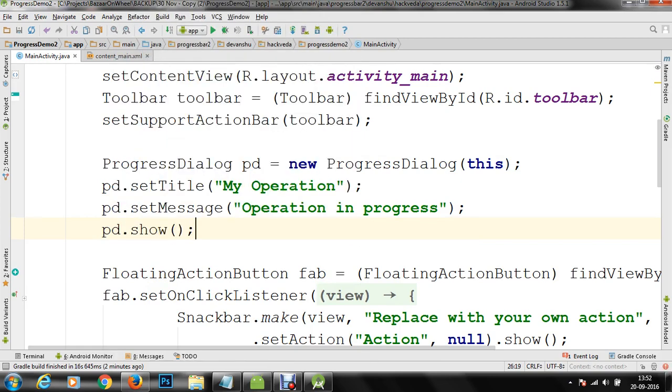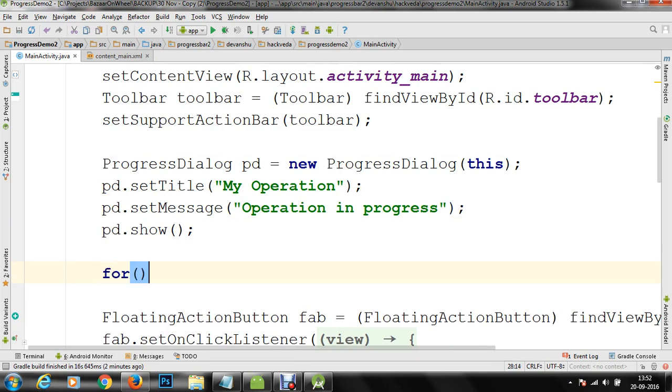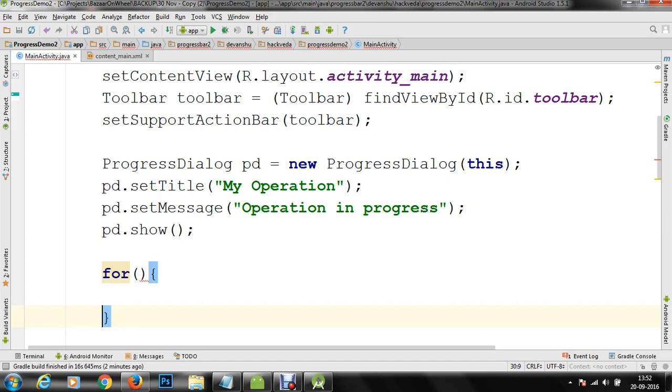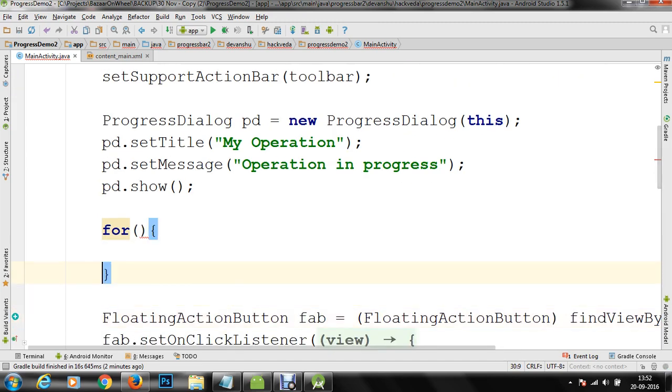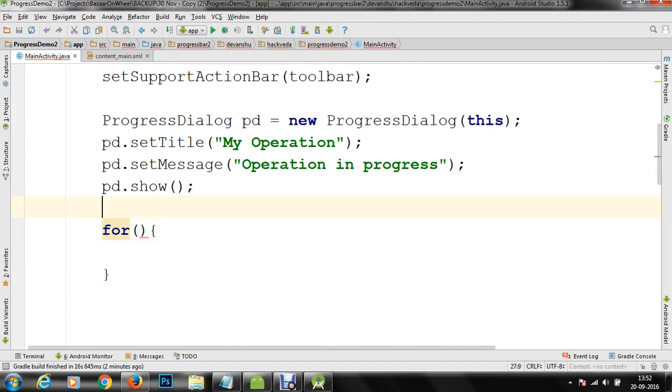Okay. Now what we'll do, we are going to set a for loop here, and as soon as the for loop is completed, then we are going to hide the progress dialog. So I'm going to do int i is equal to 0, i is smaller than or equal to, let's say, up till 10,000. We'll do i++, and let's say some operation will be done, Log.i.